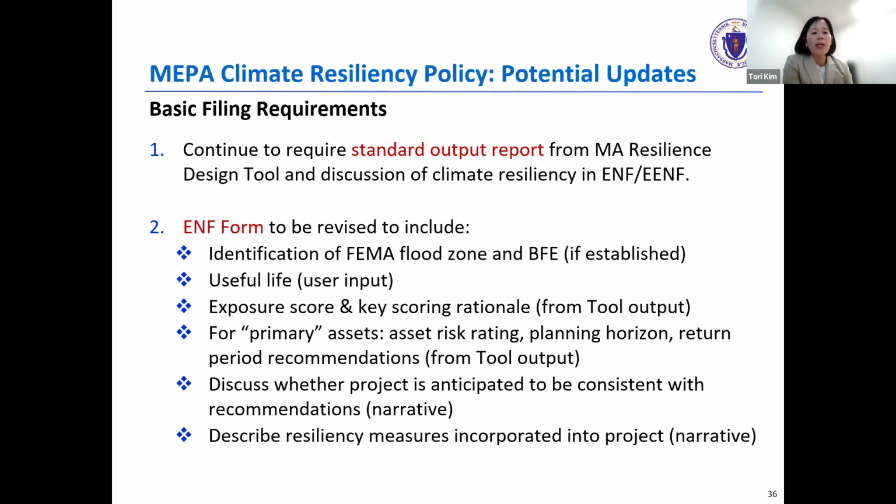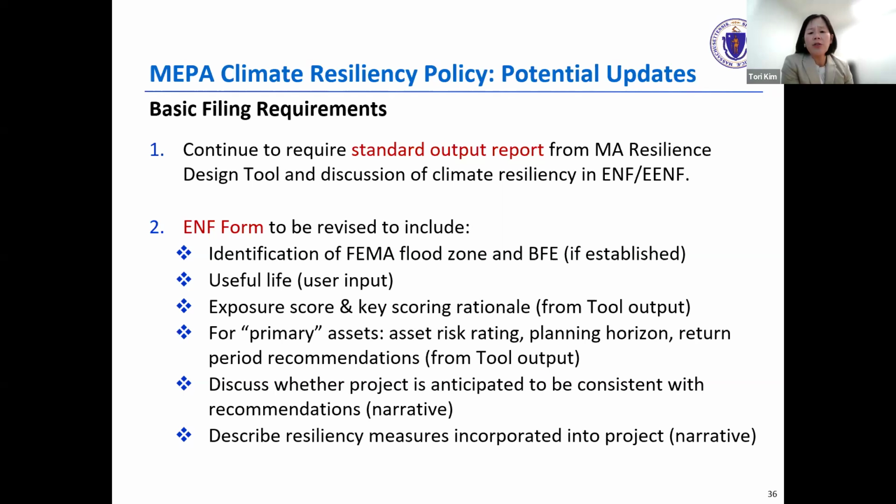We're also planning some changes to the ENF form itself to promote some standard reporting of some of these key values. So we're not asking for much more here beyond just looking at the actual output report and inserting some of the key values like the exposure score into the ENF form itself so that the disclosures are a little bit more standardized and clear.